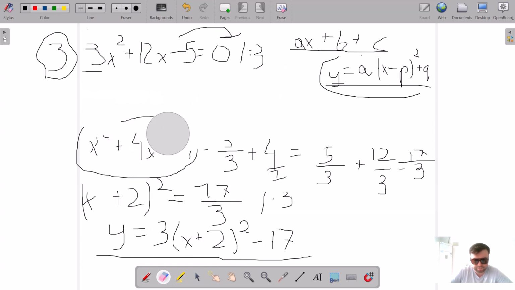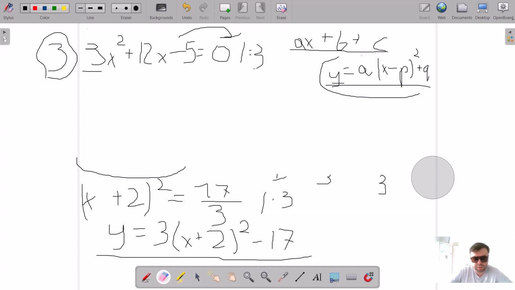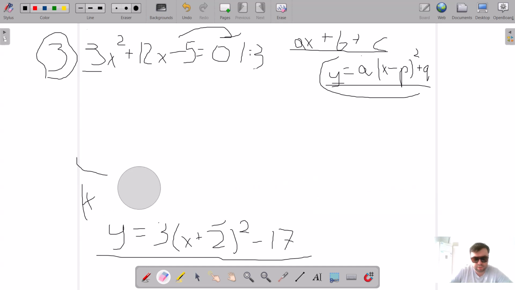So let's stop. Yeah, this one can be erased. We will only leave this because this is the vertex formula, and I want to make sure that I obtain the same result. So here we're going to do it differently. Instead of dividing by 3,